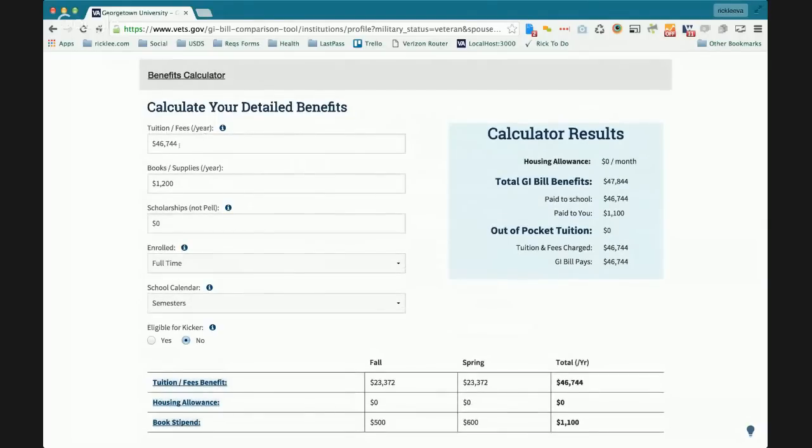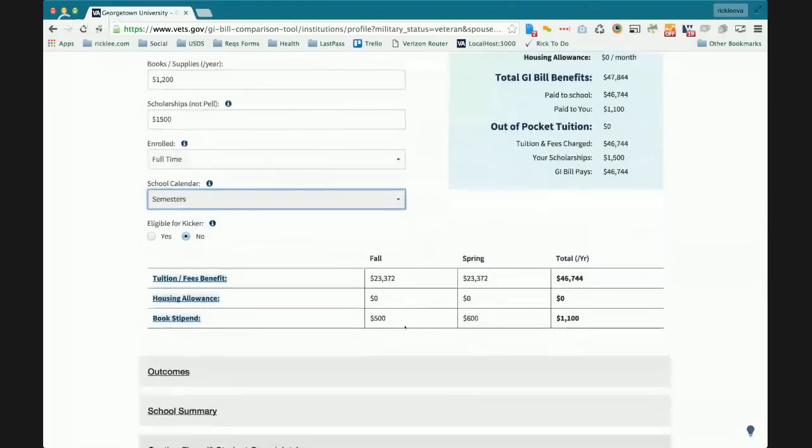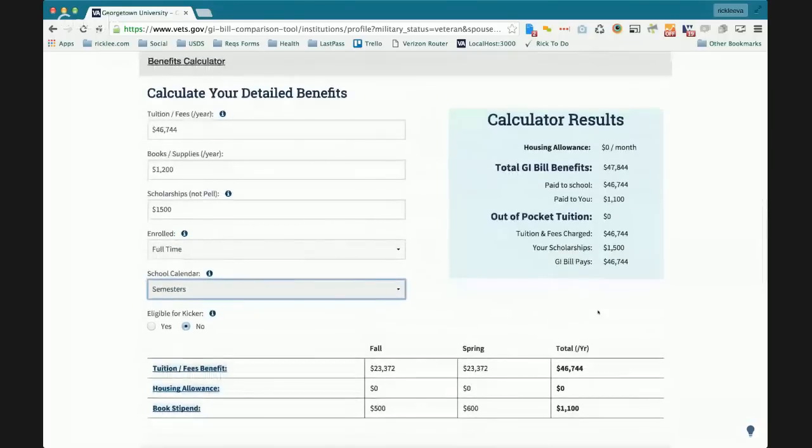As you go in and use this tool, we're populating the tuition amount for this particular school and the books and supplies stipends. If you have a scholarship available to you, adding that information into the calculator instantly updates your results. Your enrollment status in terms of time can be entered, as well as the school calendar that your particular school or program follows. And following that, a breakdown of how you will receive that benefit. So the calculator, we recognize, could use a little love, and we would love to hear your feedback and